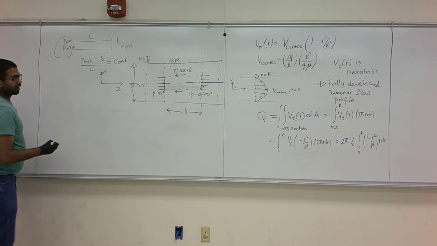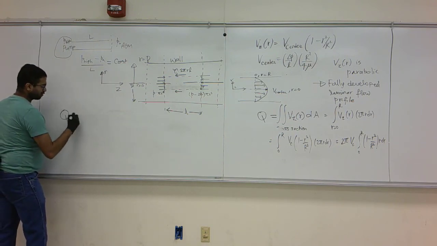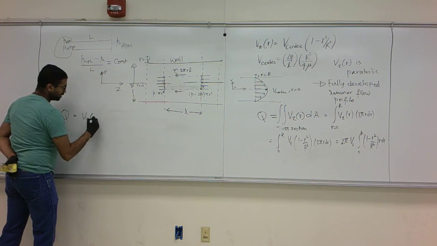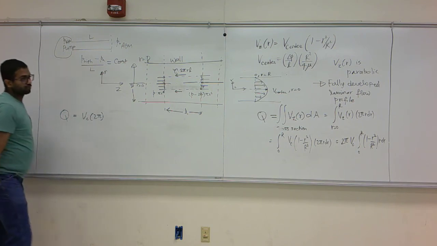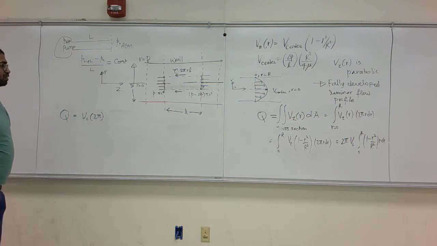Okay, so I am writing Q, the volumetric flow rate, equals 2 pi Vc